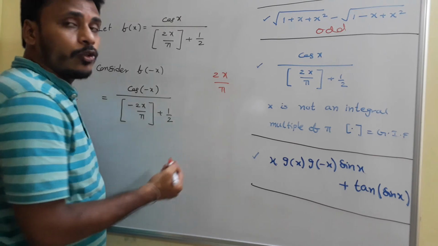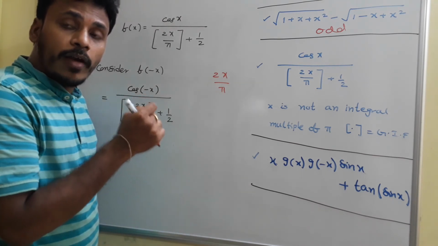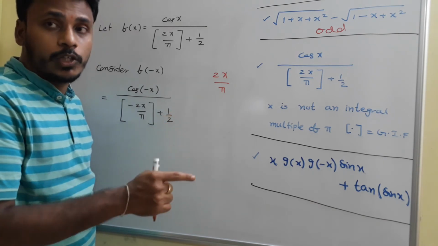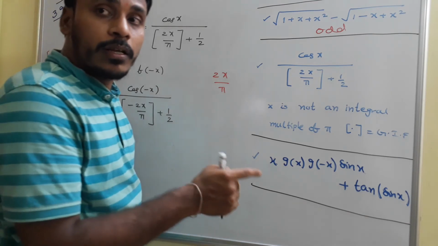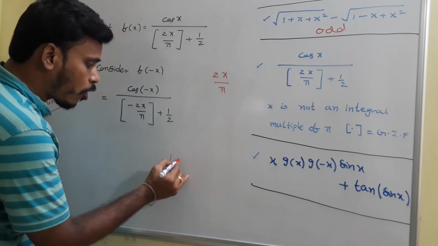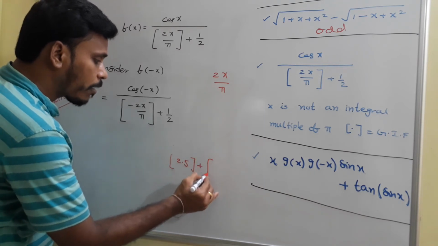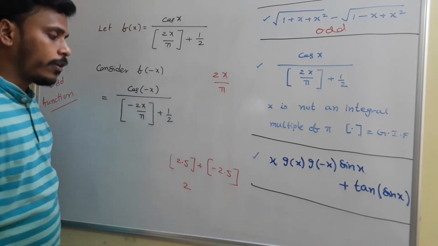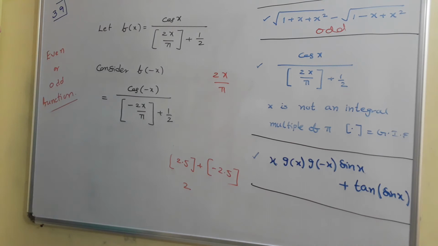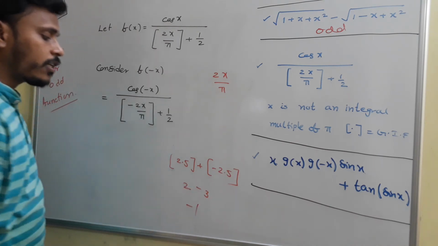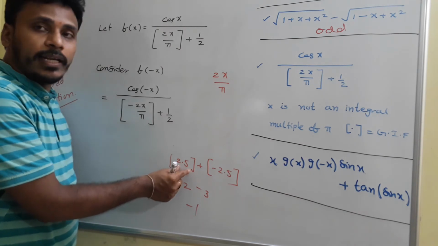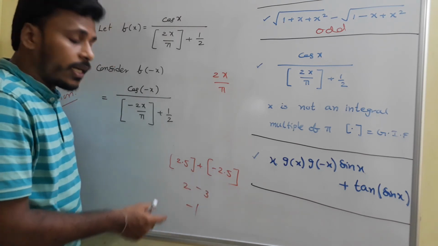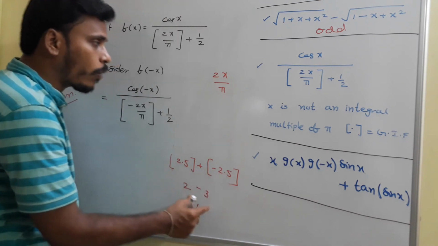For non-integral values, step of a non-integral value plus step of negative of that non-integral value is minus 1. It is there from the properties of the step function. Suppose you see step of 2.5 plus step of minus 2.5. Step of 2.5 is 2 only, whereas step of minus 2.5 is minus 3, and 2 minus 3 is minus 1, right? So for a positive value and its negative, where that value is not an integer, step of that value plus step of the negative value is minus 1.